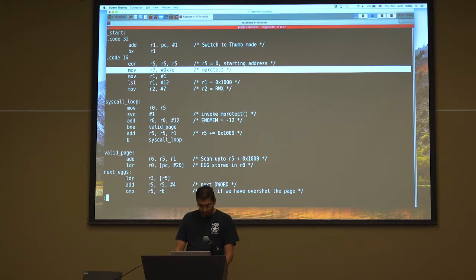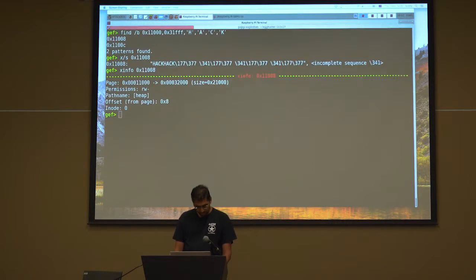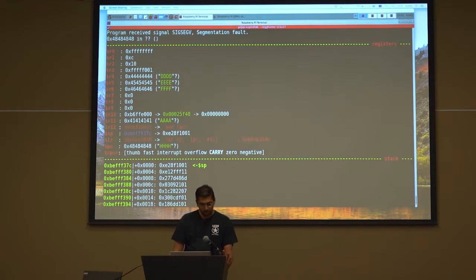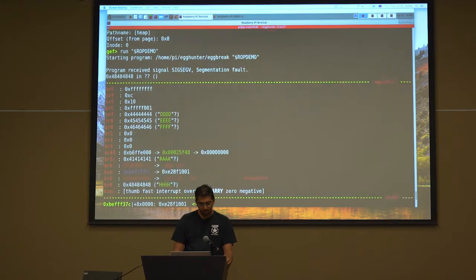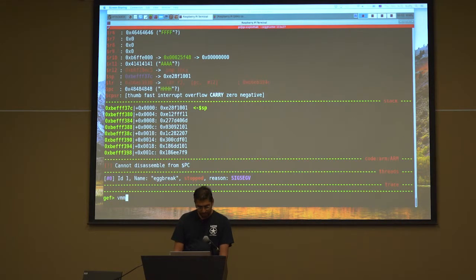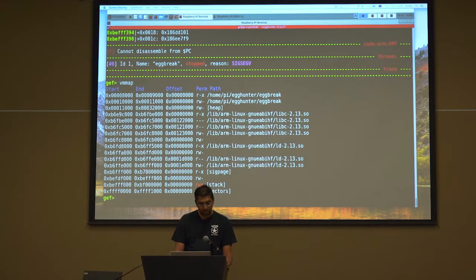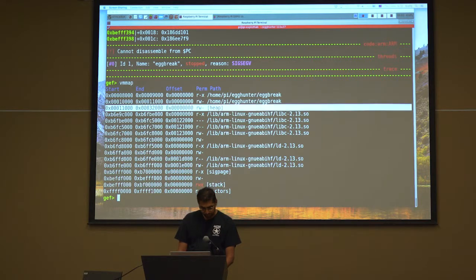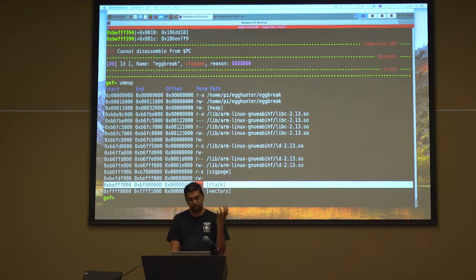Right. So the mprotect egg hunter is already in place. I'm going to run this program again with the exploit which has the egg hunter attached to it. Now when I run it, the exploit is right now just triggered to stop at a program counter. And if I look at the memory map, right now the stack is executable. The heap is still not executable. So this is basically the same exploit with the ROP chain. Now after the ROP chain, I'm going to invoke the egg hunter, and now